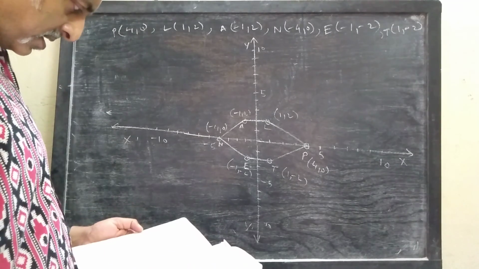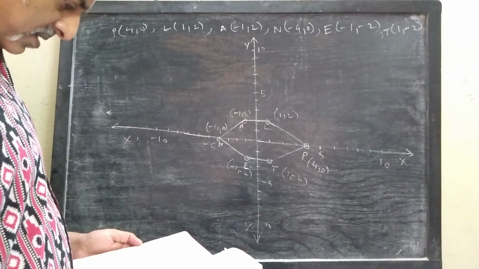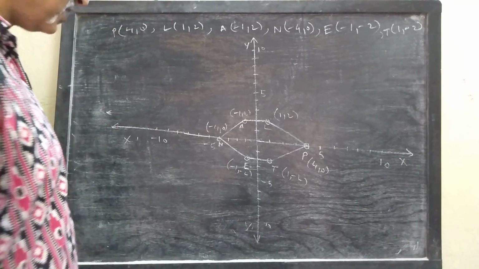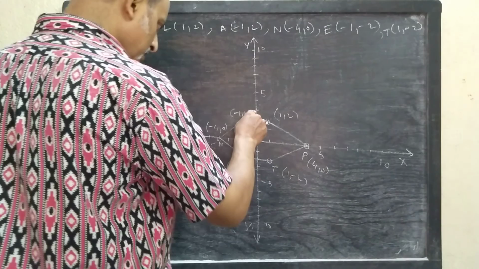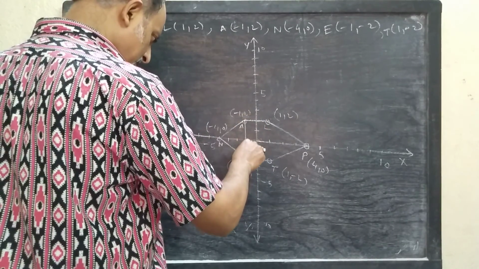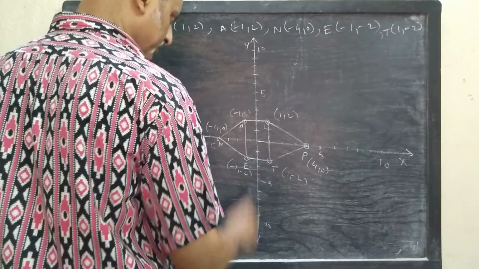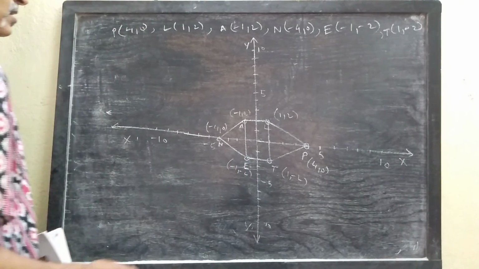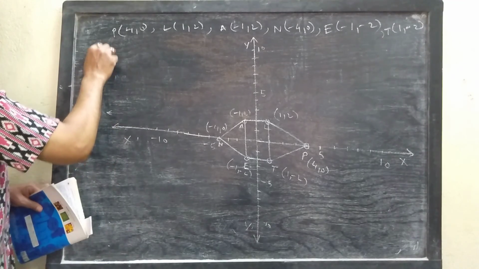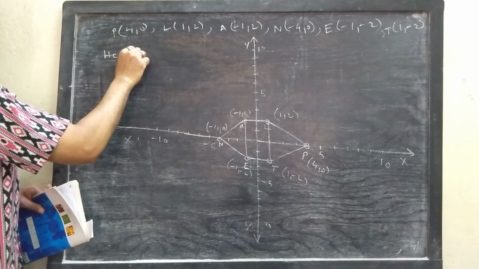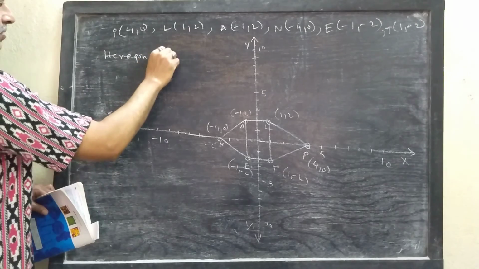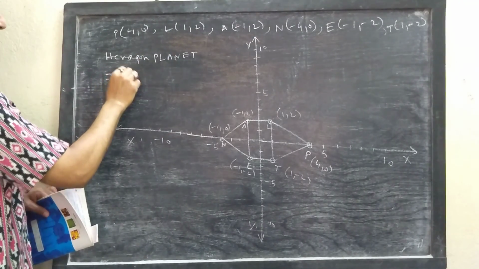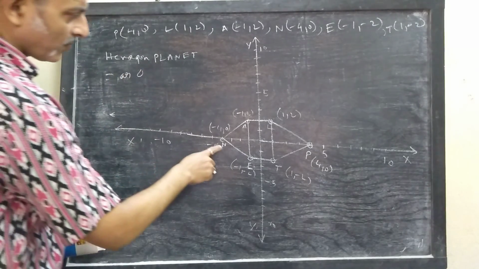Plot the points, draw the hexagon, and find the area of the hexagon. Now you have to find its area. How can we do this? Just join these. Now the area of the hexagon is equal to the area of triangle